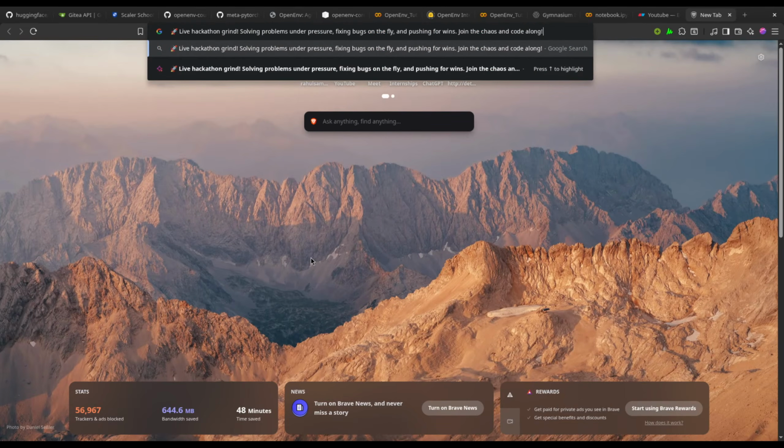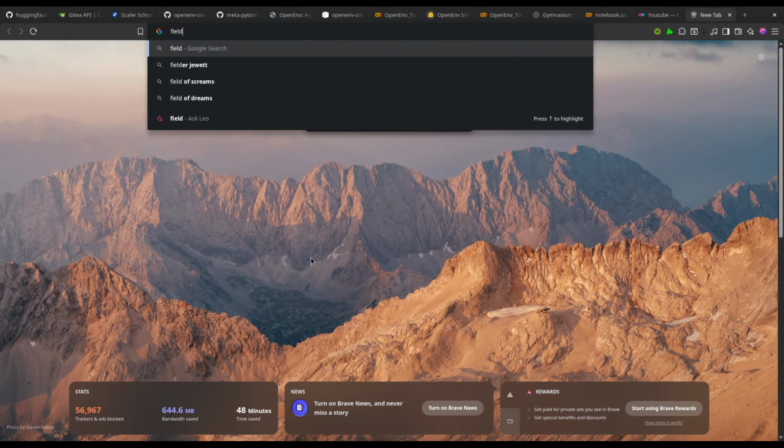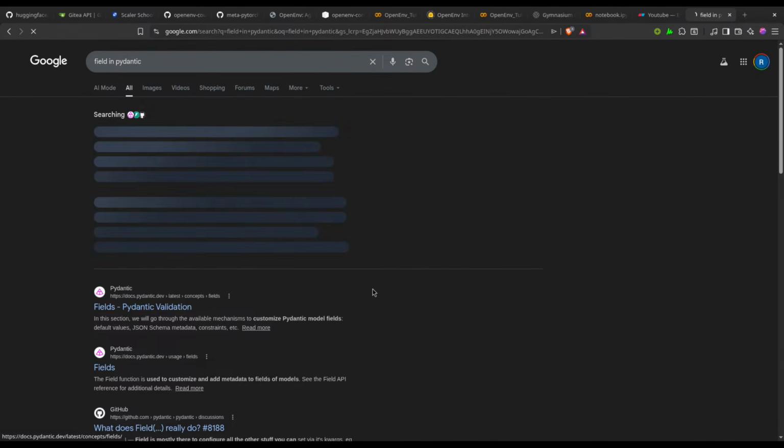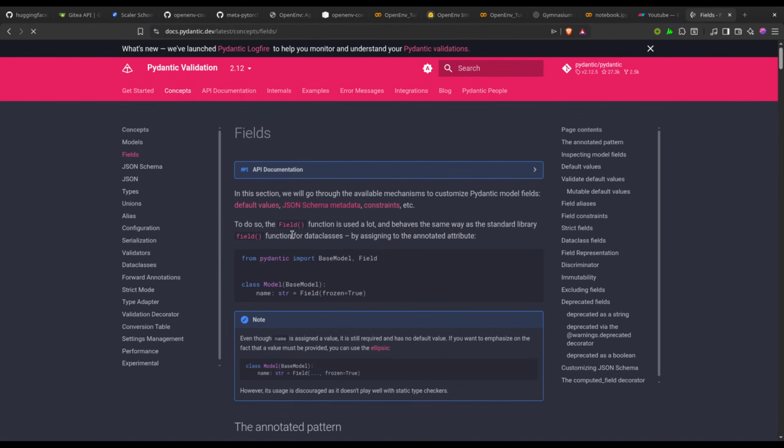I forgot what Field is in Pydantic. Let me check. In this section, we will go through the available mechanisms to customize the field default value, JSON schema, or the constraints.